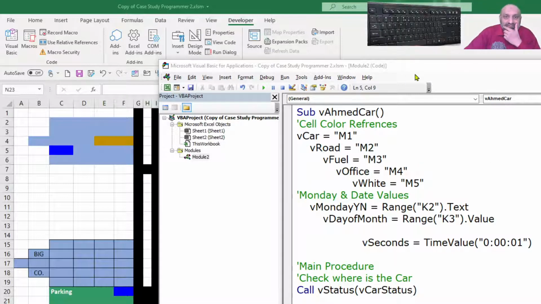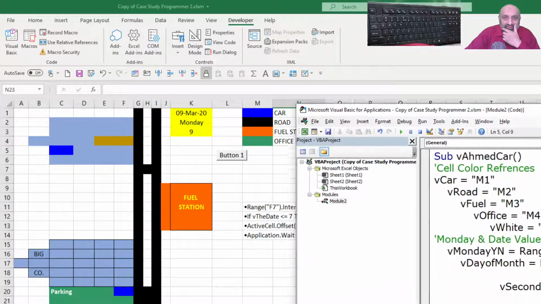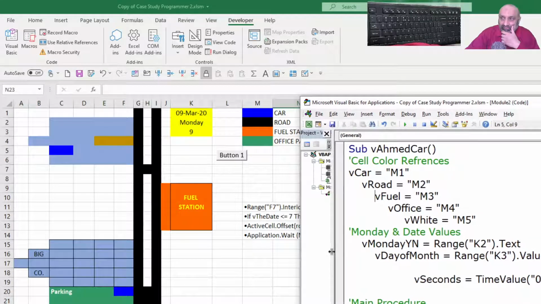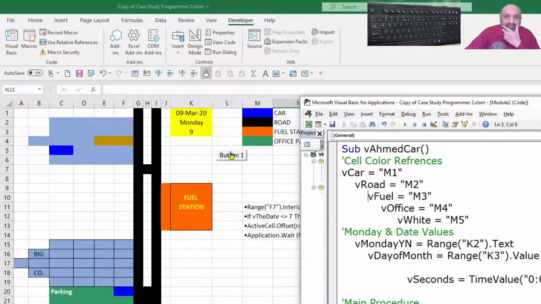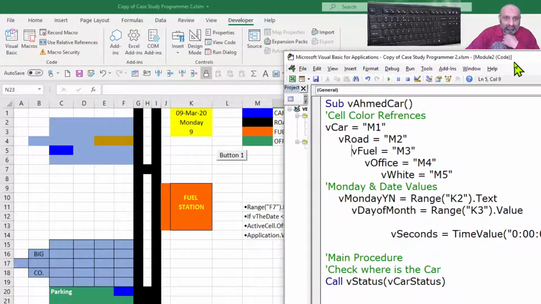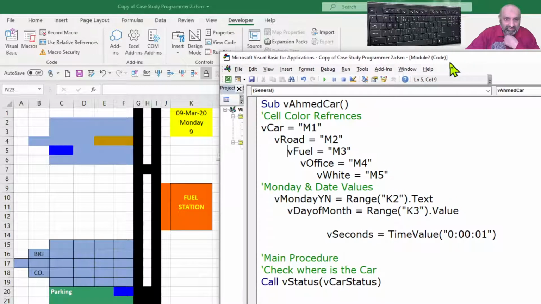So we are saying that you can see this. M1 is color of the car, M2 is road, M3 is fuel, M4 is office parking, and M5 is your home parking color.